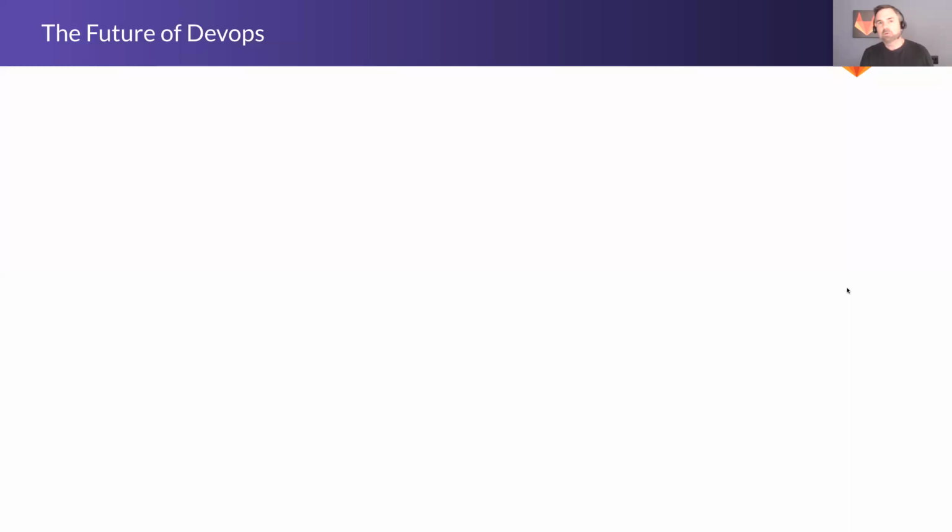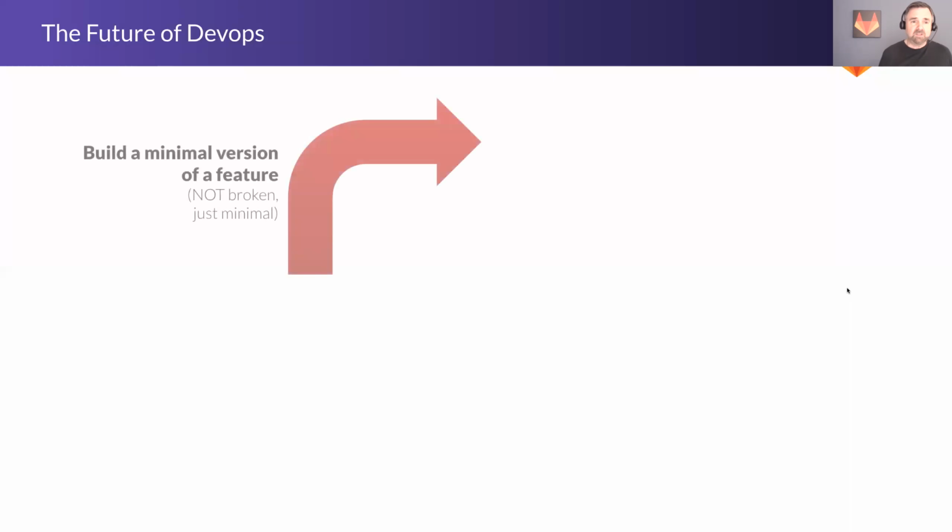Now, this diagram of the future of DevOps is really dealing with one module or one feature of your application. Remember, your system is a many-headed beast, meaning that you actually have a lot of different features or a lot of different modules or components or whatever you call them, and each one of those should have this cycle built into it. Step one is to build the minimal version of a feature or the minimal improvement to a feature